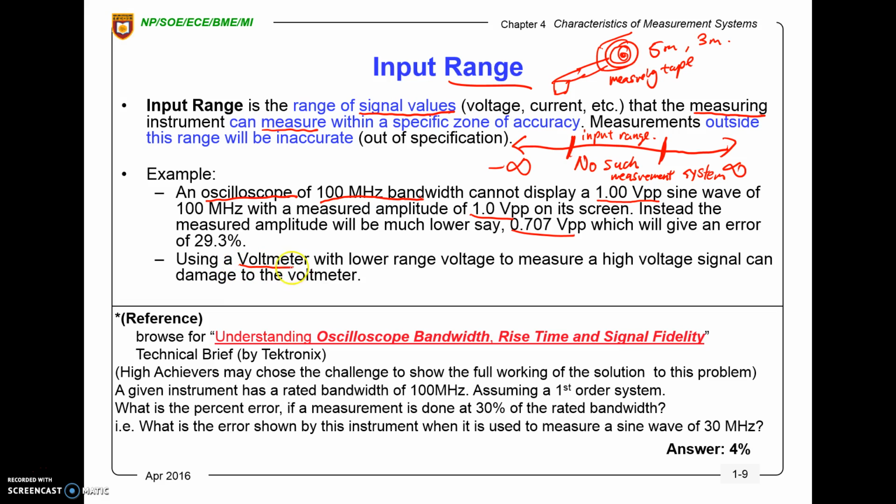Another thing is the mobile voltmeter. If you try to measure a high voltage, you will damage the voltmeter. For example, this one can measure, say, 50 volts, but you gave an input of 100 volts. Then what will happen? Your fuse will be blown. Damage. So that is